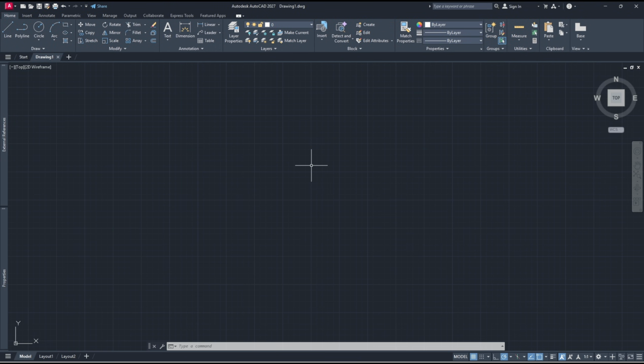Hello everyone, today we are going to learn basic AutoCAD 2027: how to change paper space background. If you want to change the paper space background, you can type OP to open the options dialog box